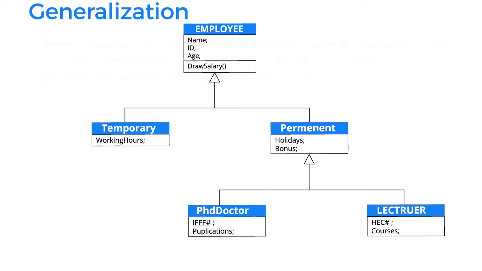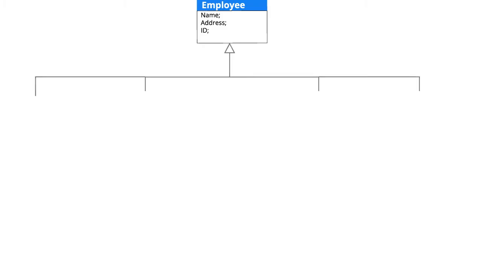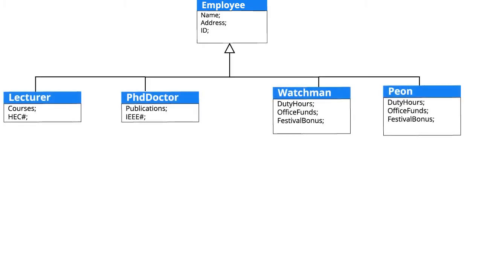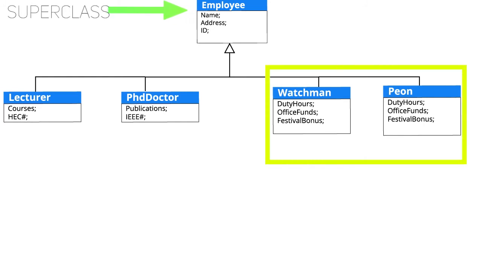It is inheriting from its superclasses. Let's take another example of generalization to clear our concepts. We are dividing employee into four subclasses of lecturer, PhD doctor, watchman and peon. Now if a situation occurs when two classes contain exactly the same properties, like watchman and peon are containing exact